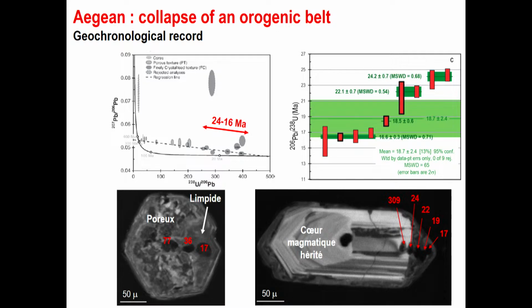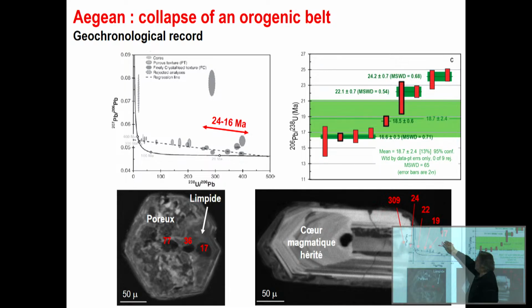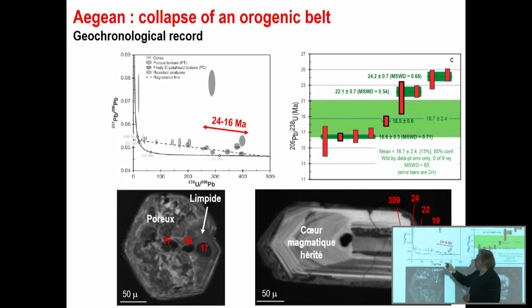And when we did the analysis here, going from the inner part to the outer part, we get 24, 22, 19, 17. At first, Laure Martin, who was doing that work, said, okay, they are slightly discordant, we consider that they are part of the same age. All these dates, this point here is a date obtained by